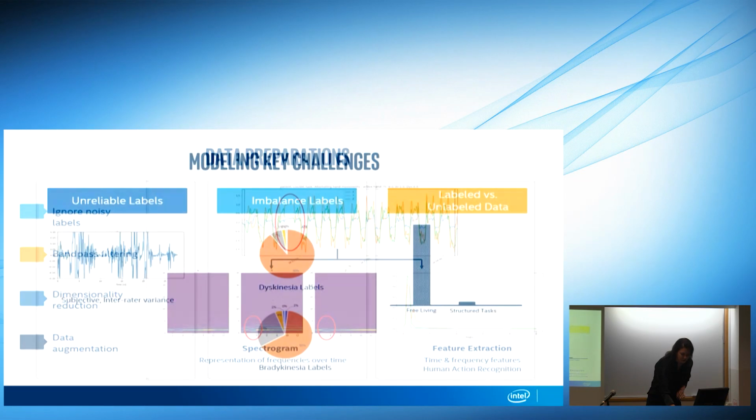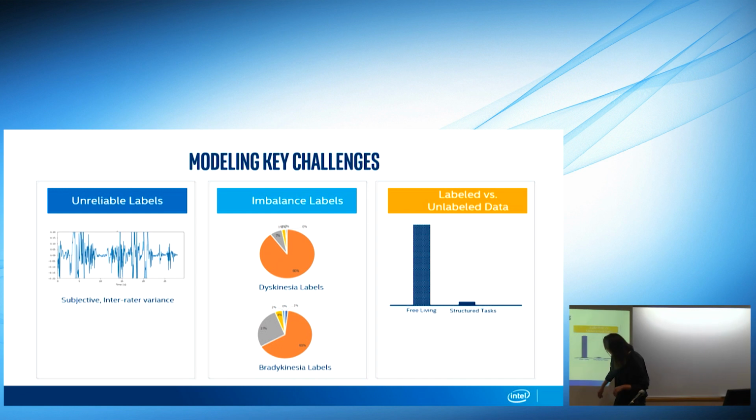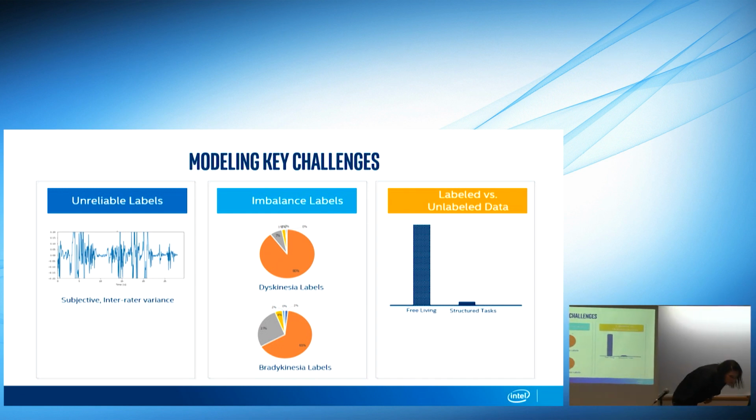The graph here actually represents real numbers, so you can see that it changes based on the symptoms. You can clearly see these are the zeros, these are the ones in gray, and the rest are in other colors. So it's completely imbalanced. No, I cannot see the number. Can you? It's hard to see. It's 60. The bottom one is 65, and the upper one is 90.